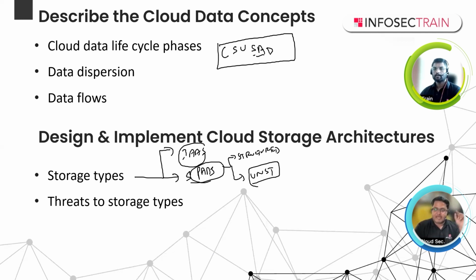Just one more point I want to add, because it is one of the most important topics you have to learn in CCSP. When you go for object storage, the object storage can be accessed via a web URL, and more than that URL access, we access them via APIs. Insecure APIs are the most important concern when talking about object storage. So whenever you think about the word object storage, always keep in mind that the API is a concern, because if you're using third party APIs and we are not testing them, that's going to get us in trouble.